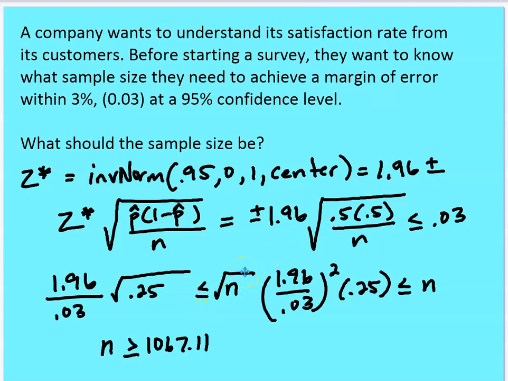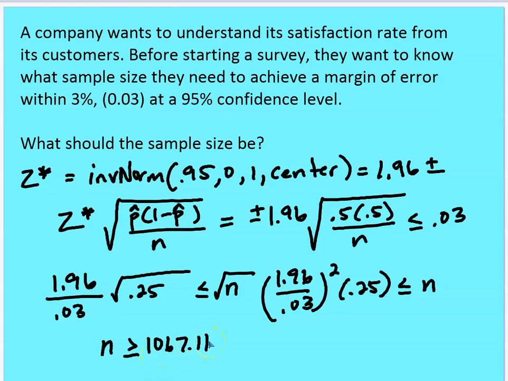And then I'm going to square both sides, and I end up with (1.96 over 0.03) squared times 0.25 is less than or equal to n. So now I'm just solving for n, and I'm reorganizing the direction of the inequality symbol. n is greater than or equal to